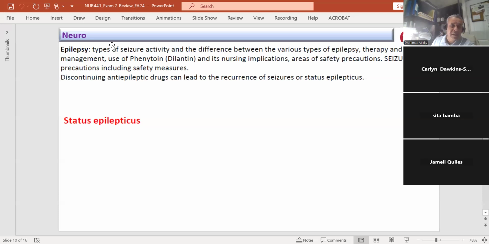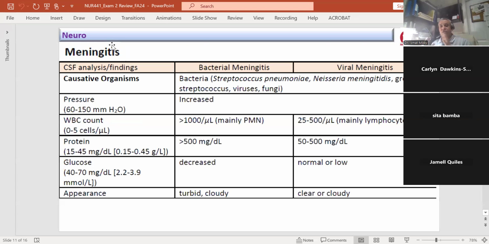Now, the next slide compares bacterial versus viral meningitis. I believe I went over this in class, and we have a few scenarios about the protein level and the glucose level. We said that the theory that provides the rationale behind why